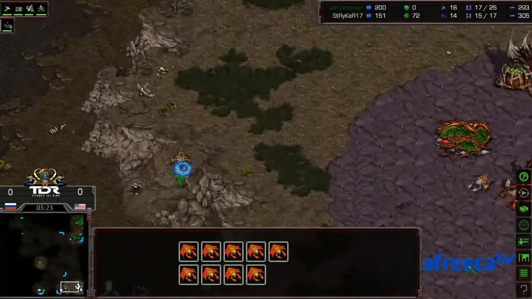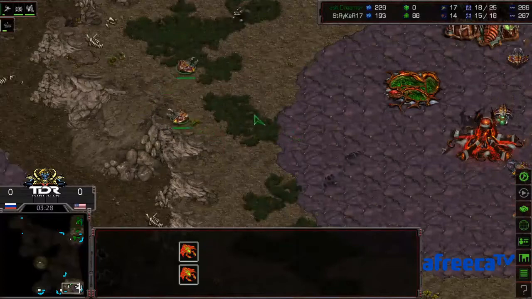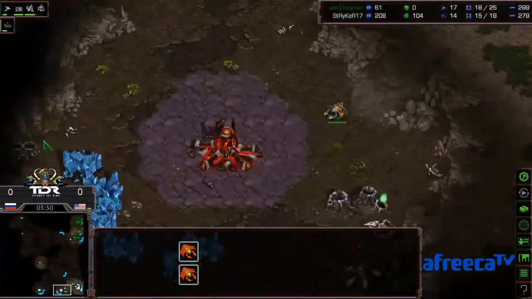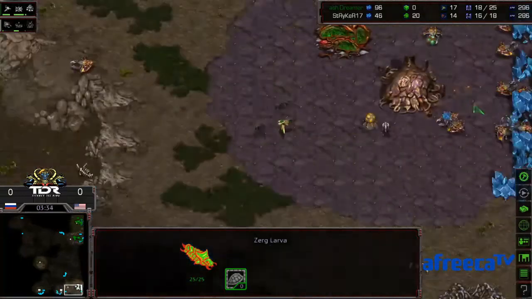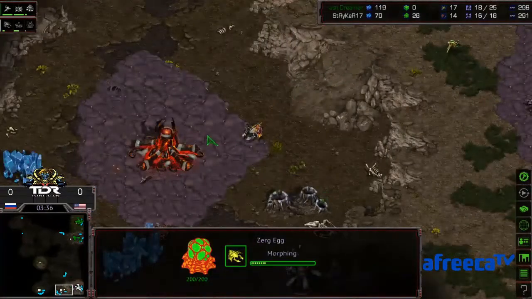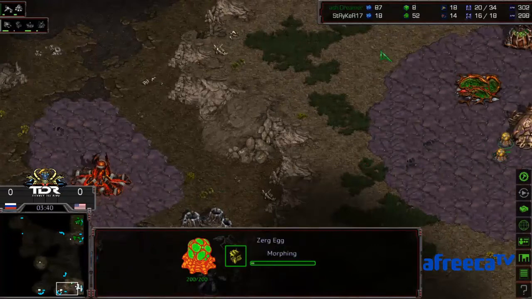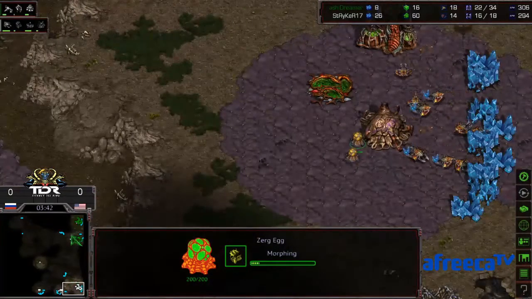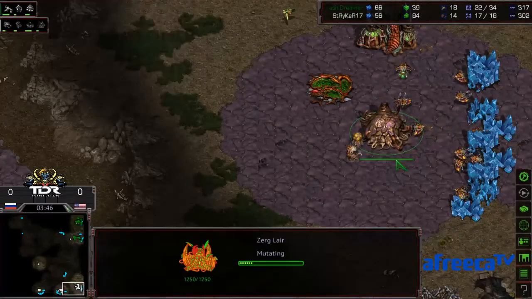We already have the 9 drones in the main, so you see he's sending subsequent drones to the natural. Wants to saturate this as quickly as possible. It's like we need a drone. There's a drone. There's the overlord on 16, and standard play from Striker. Core and lair roughly at the same time, so